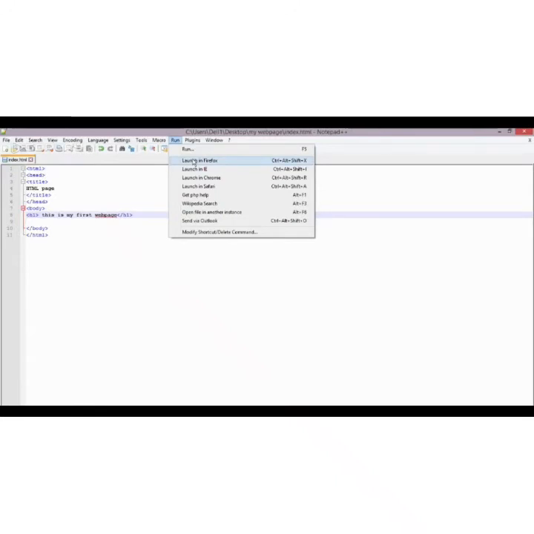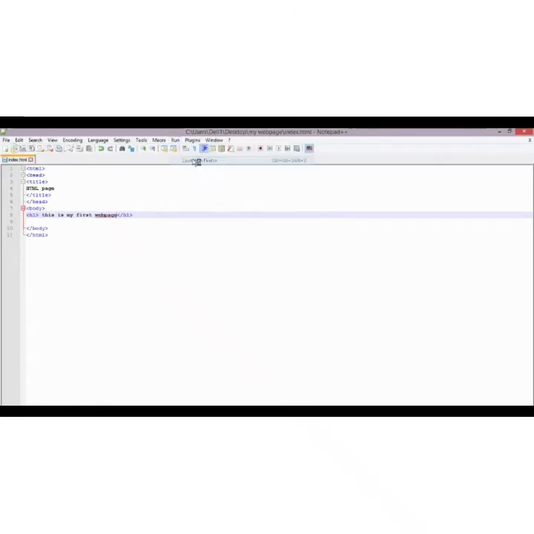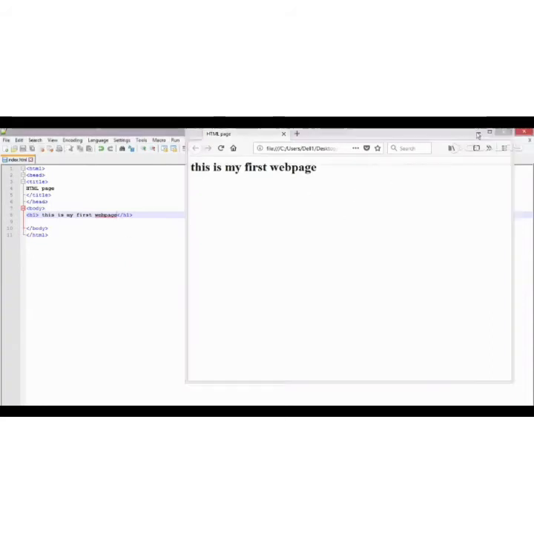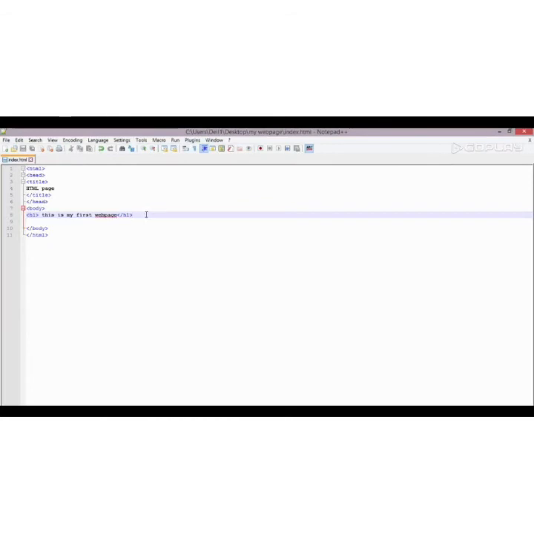Let's launch it in Firefox. This is my first web page. You can see the size of the text. Okay, let's take heading 2.